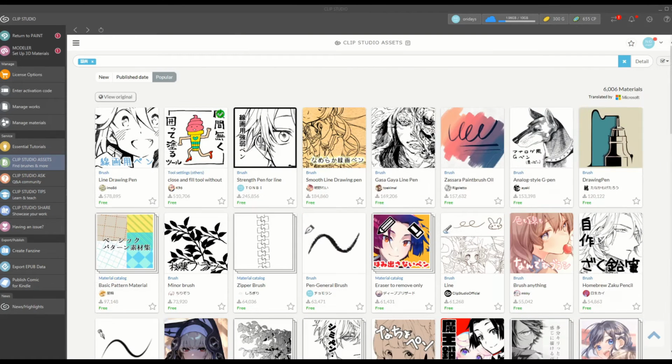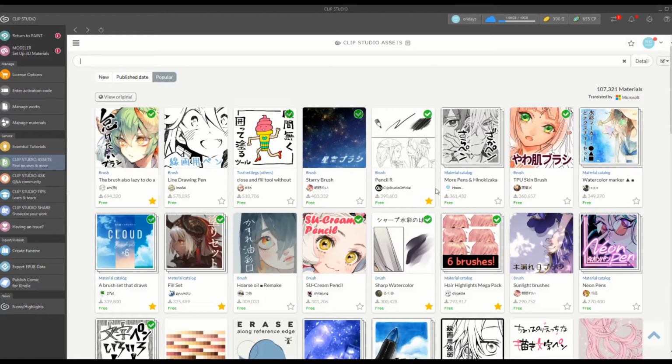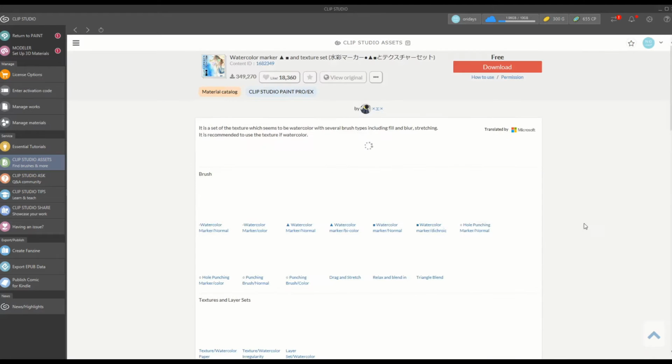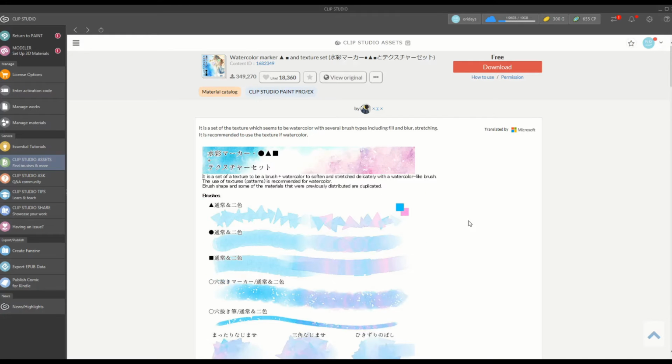Okay, so another cool thing about the asset store is that for the brushes, the artists that upload them usually give you a nice description of how to use them. It's really neat. They'll sometimes tell you that you should use this layer mode with it, or it's suited for this kind of thing, you can make this effect. But the description is originally usually in Japanese. So what you'll see on the asset store is actually Google Translate that's done automatically, and it's usually pretty bad. And sometimes it doesn't really make sense.